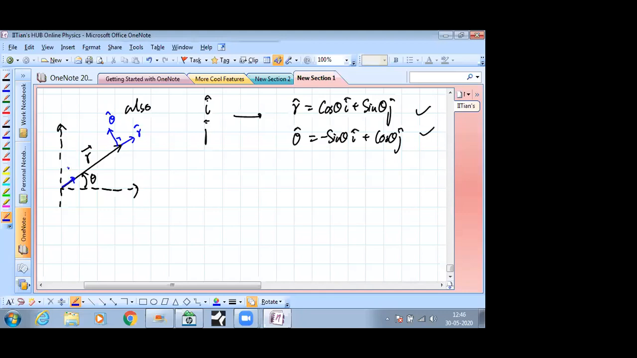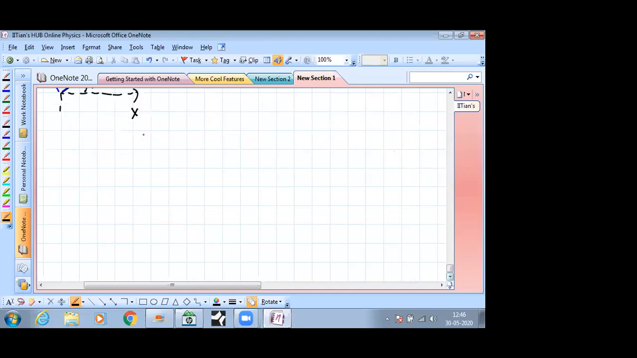Here r cap is like this, and theta cap is like this with respect to x, y axis. So that's how it is. So sometimes this interchangeability is also important for us. So for example, you have a question like this,